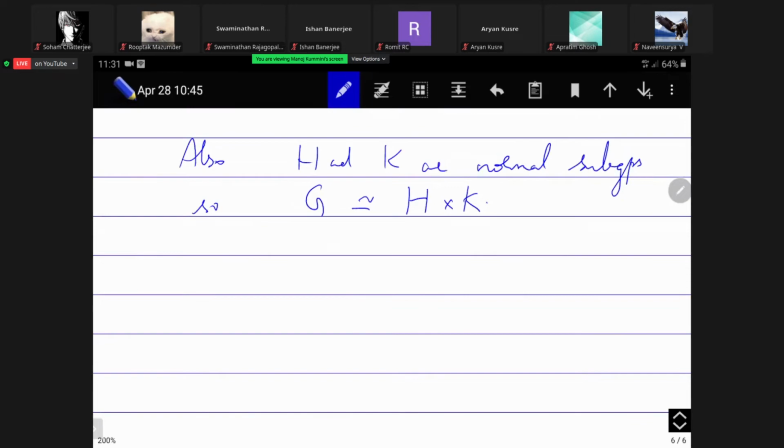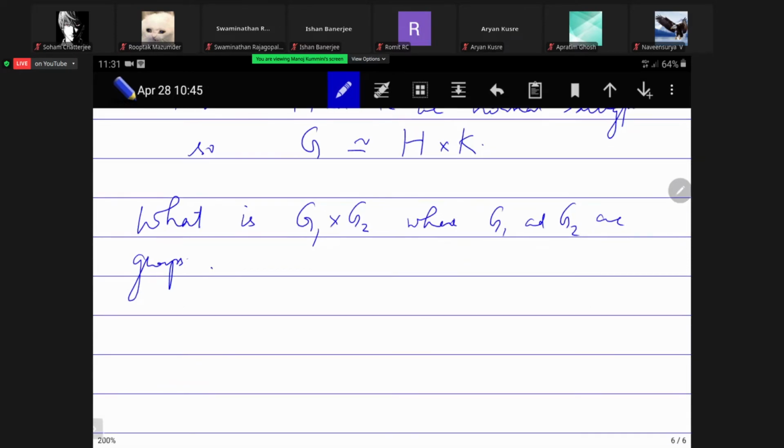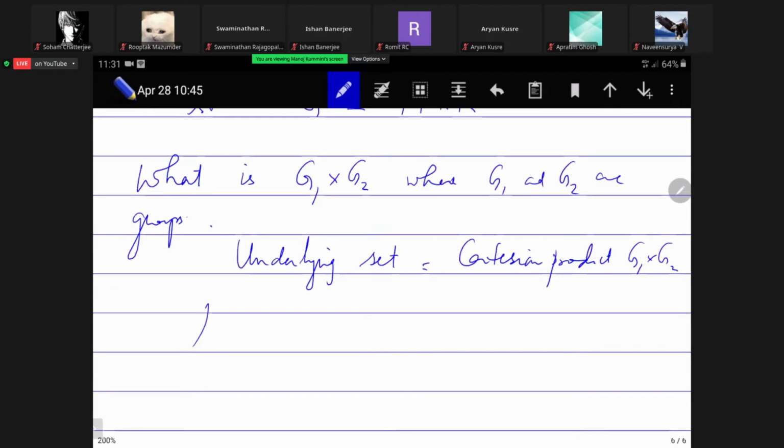Okay, so maybe let me just take a look. What is G1 cross G2? The underlying set is the Cartesian product of sets. Then the operation. So we have some (g1, g2)